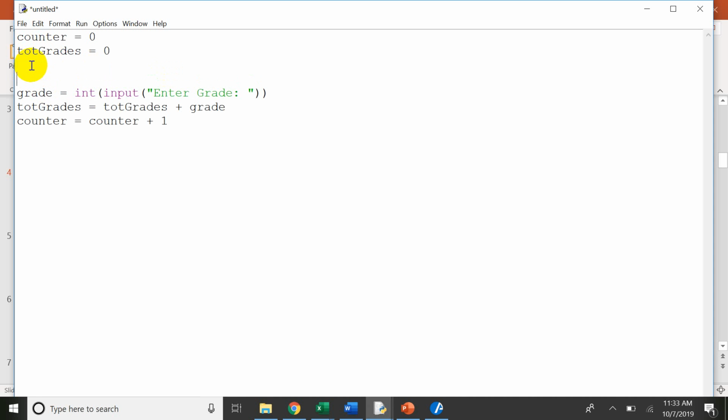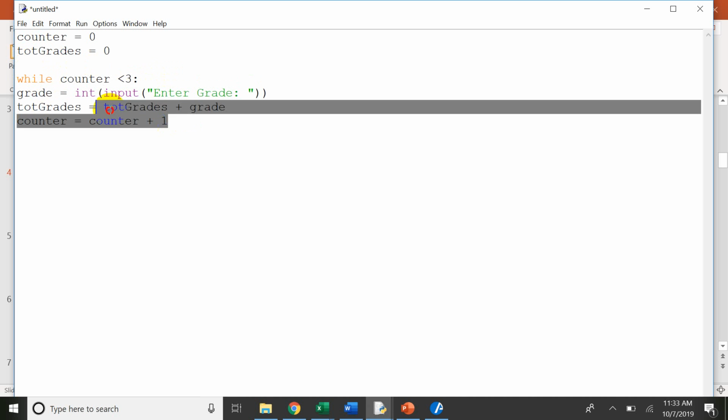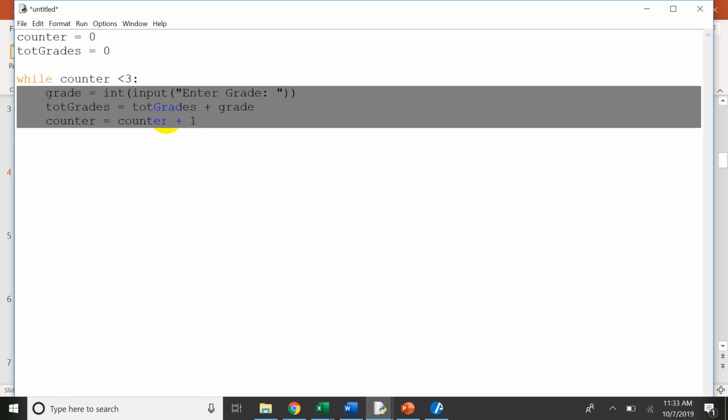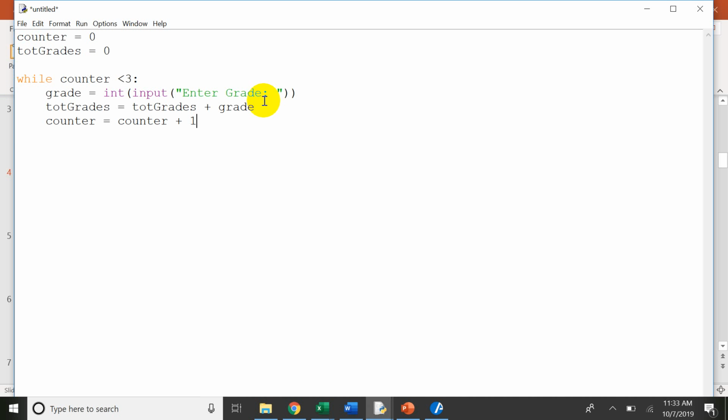This should not be a problem for us now. So I could have while counter is less than 3. I think that's right. Enter the grade, add it there, and then